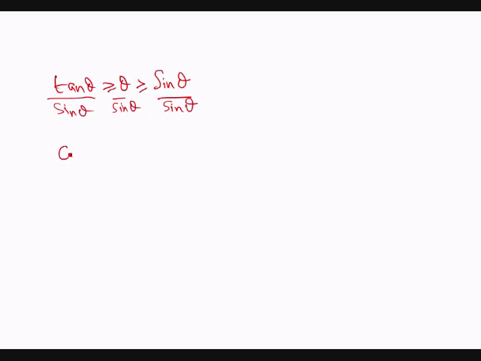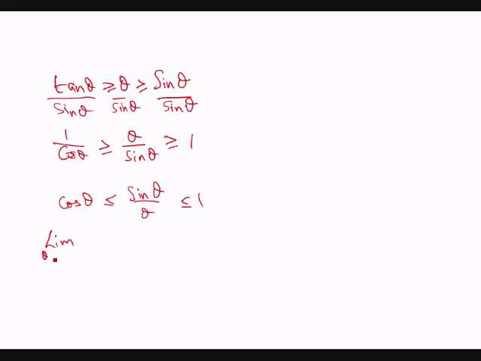Then I have 1 over cos theta is greater than or equal to theta over sine theta is greater than or equal to 1. If I invert the fractions, then I reverse the inequality sign. And if I take the limit as theta tending to 0 on all the cases in this inequality, then I get